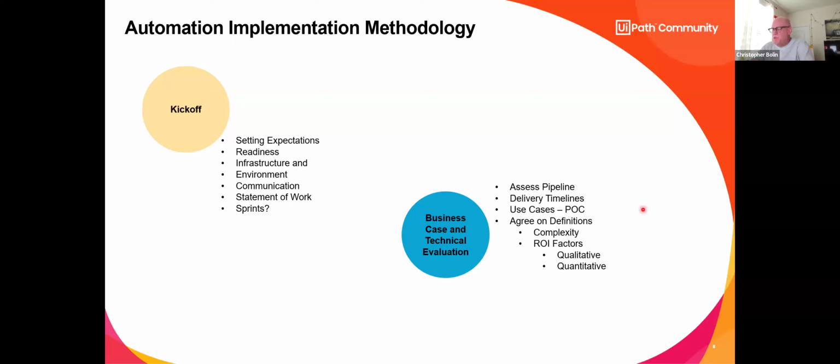This is the easiest way to establish an RPA program at a project level: do a really simple use case. Build a business case, justify your business case, build a POC, a proof of concept, and demonstrate that proof of concept. Make sure that it has some quantitative metrics that you can show, this is what this can do for you. Don't just make it qualitative.